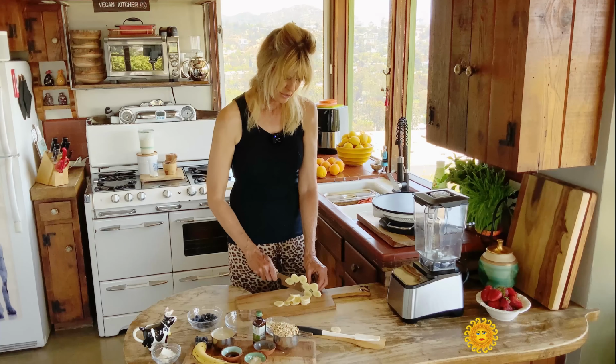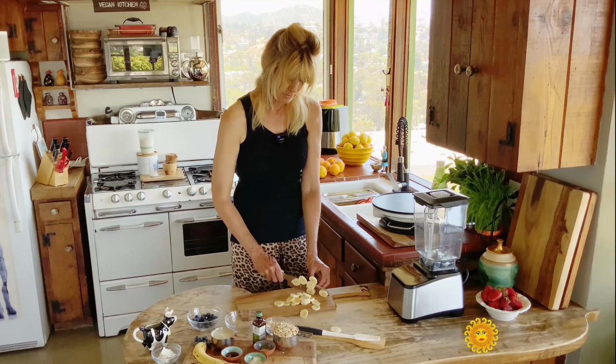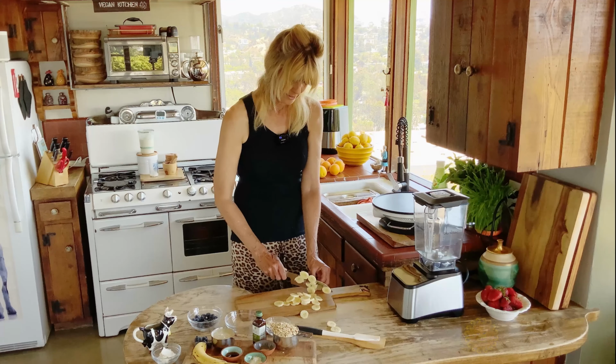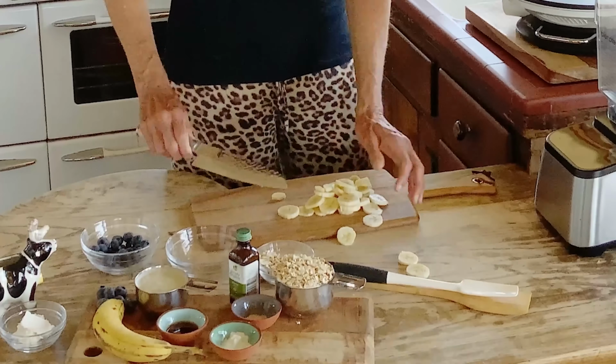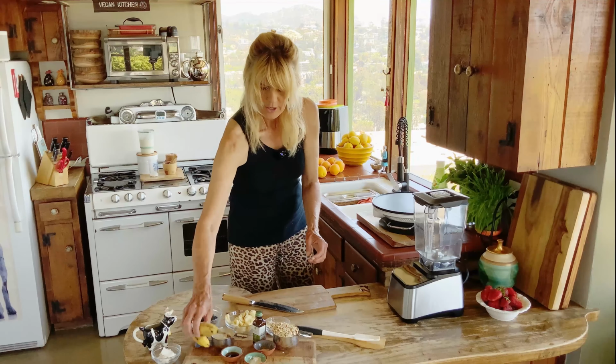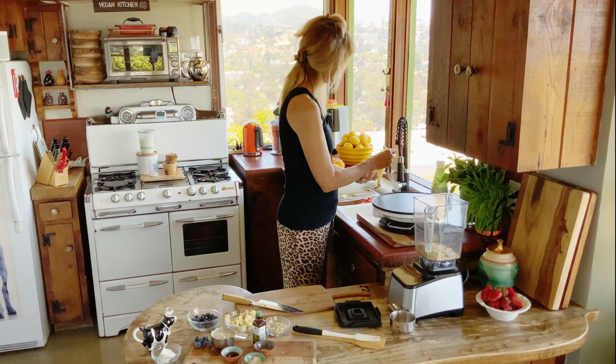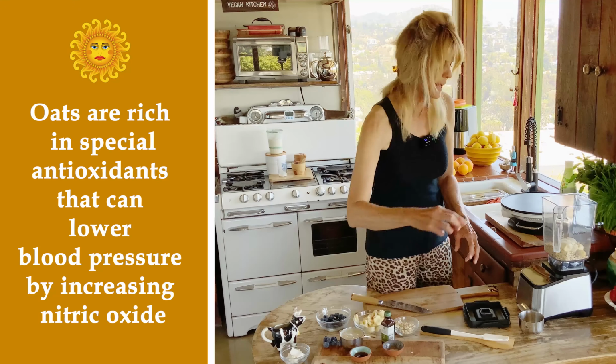So I do these little pieces like this, and I may use all of them in there. I probably will because I love bananas. And bananas kind of help replace the egg in this recipe. Okay, so now let's start with oats. And then we're gonna put the banana, and then we're gonna put some baking powder,